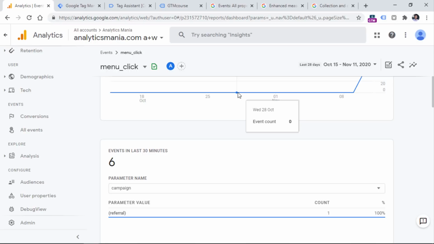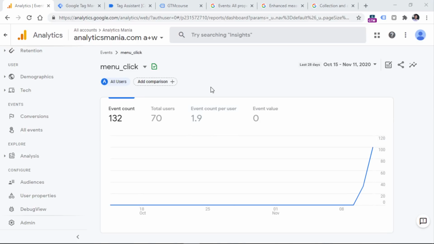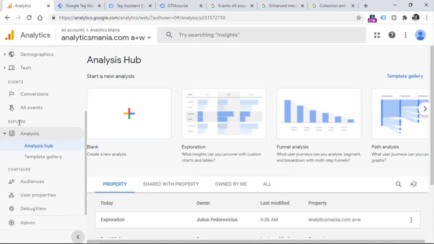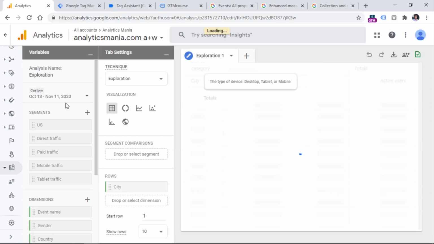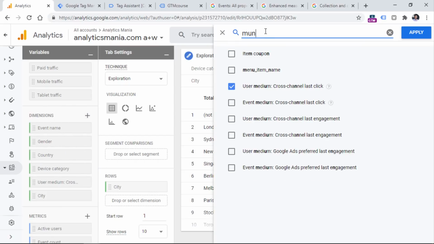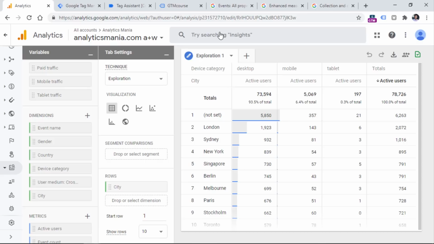I really hope that in the near future, Google Analytics 4 will introduce more capabilities for basic reporting features in the interface. Because right now, what I have found is that you can find these custom parameters in the report of that individual event. You can also find custom parameters in places like, let's say, Analysis and Analysis Hub. And then if you go to Exploration, you will be able to find those custom dimensions in the list of dimensions right here. So for example, I can add this to my report as well. But keep in mind that in this video, I am focusing solely on the setup and sending data to Google Analytics, not on reporting or analysis.